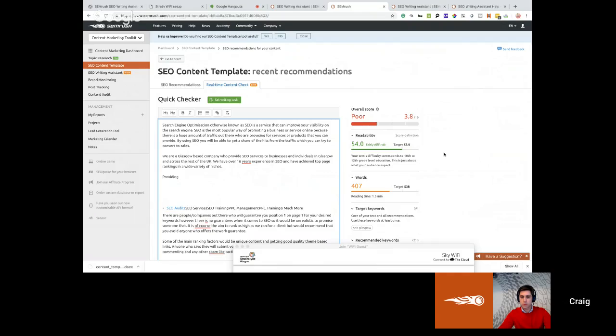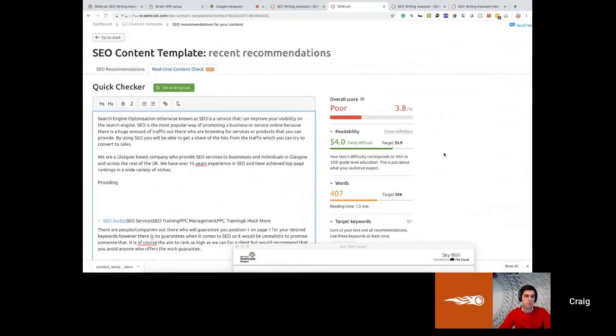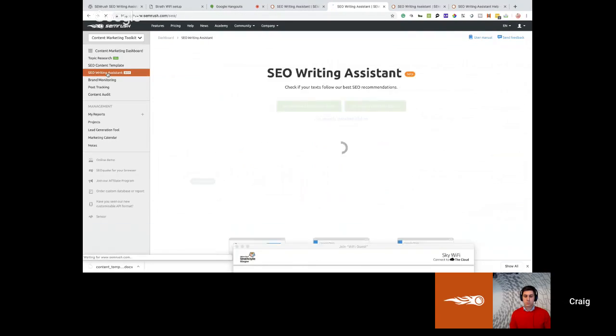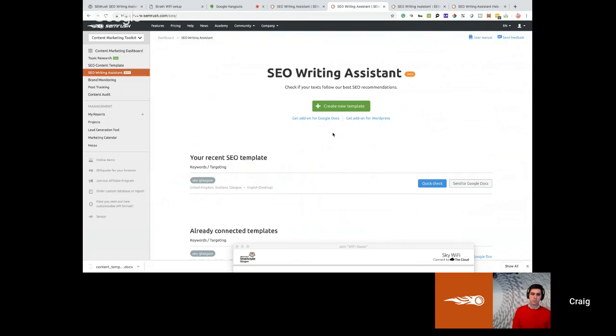If it goes a little bit more than that, that's fine. What I would say to anyone is don't think you have to try and squeeze everything into exactly 538 keywords. This stuff is more for a guide and to try and help you rather than say it has to be a specific figure. So that is the SEO Writing Assistant. And the SEO Writing Assistant, as it says, comes in a number of different add-on formats. As I say, WordPress, Google Documents, entirely up to yourself, and it works very well.